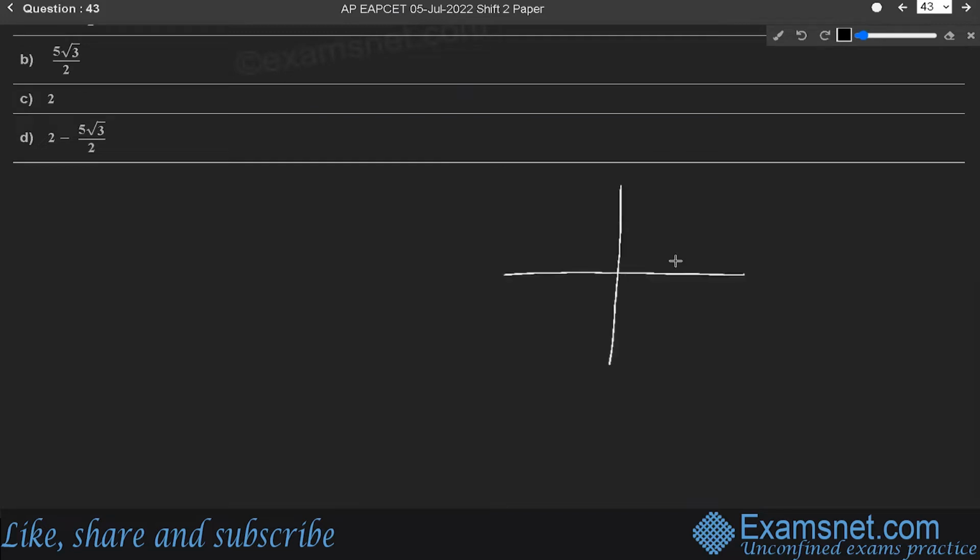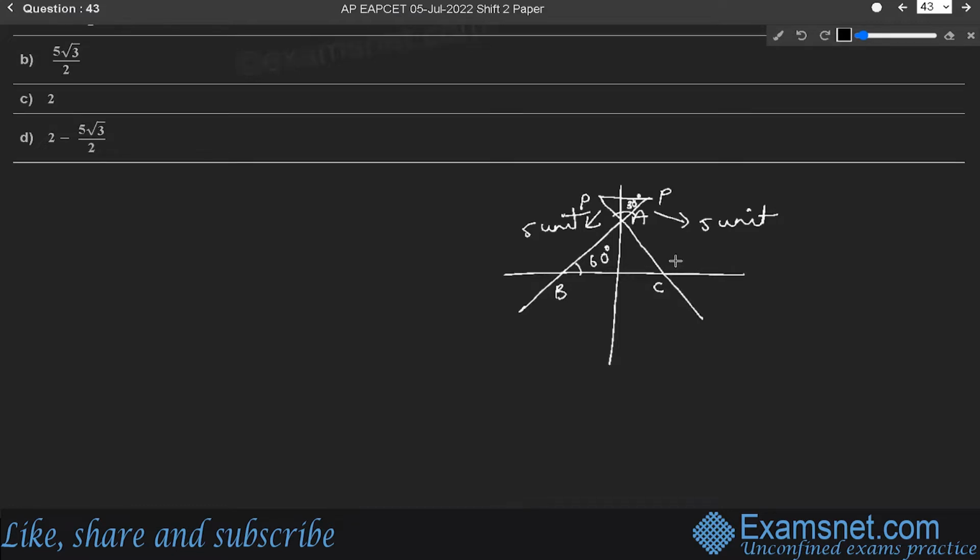This is the coordinate axis. Consider this as the given triangle. Let this be A, B, and C. We know that the angle of the triangle is 60 degree. Also, let this point be P and P. We know that the distance here is 5 units. Here also the distance is 5 units. And again, if we join these 2 points, it forms a triangle. And we know that if angle ABC is 60 degree, then angle PAP will be 30 degree.